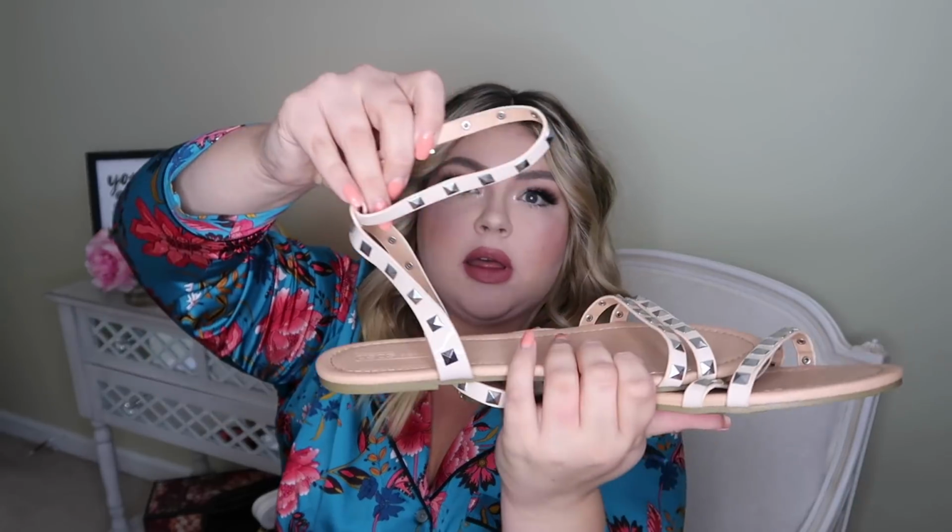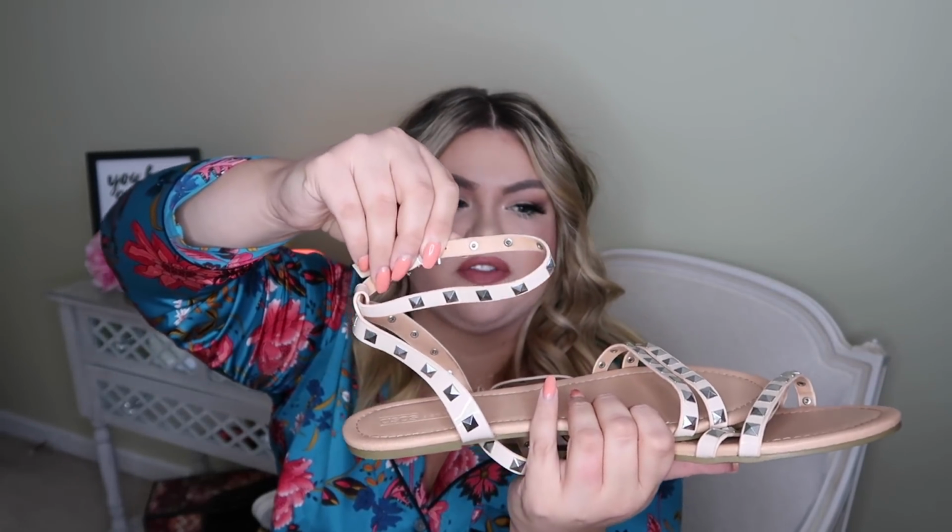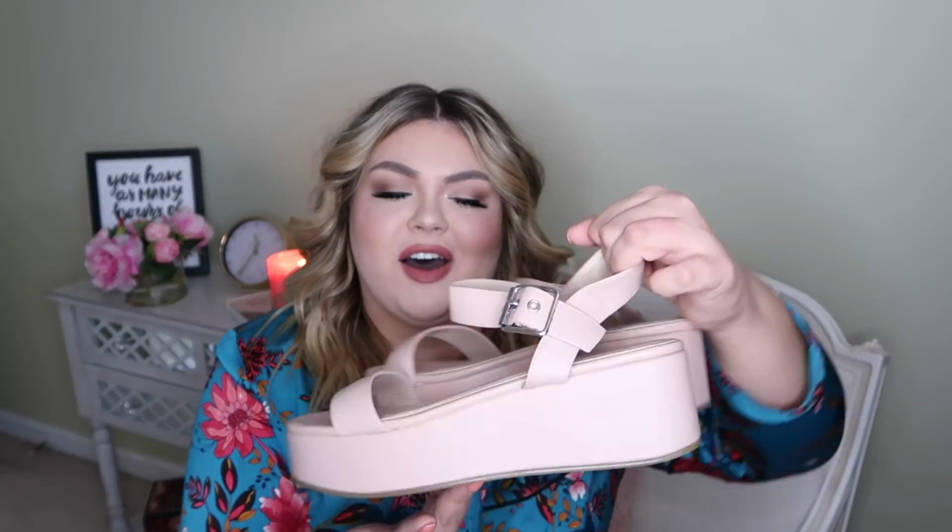They go up, and then they have a little ankle strap. They fit super well. They're very comfortable. These are more nude than blush, but they're just so cute, and I feel like they'll spice up any outfit during the upcoming spring and summer. They're a little bit more dressy than the average sandal. These are amazing. So last summer, I don't know if you remember, I had a pair of shoes just like this, but they were black with brown down here, and they've really just